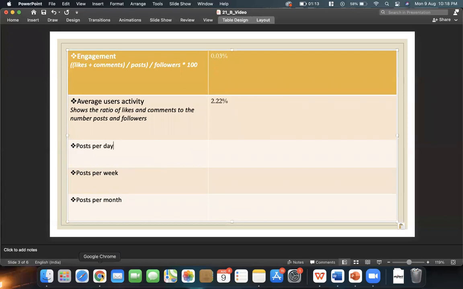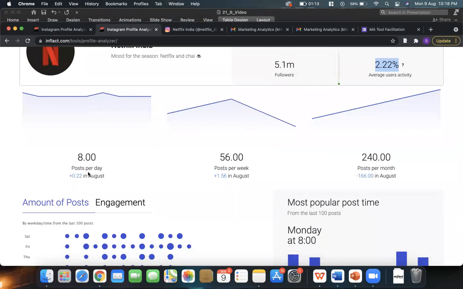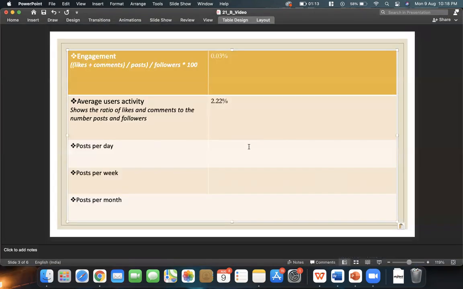Now, next we'll look at the posts per day for the month of August, from the 1st, 2nd, 3rd, 4th, 5th, 6th, 7th, 8th, and 9th. And the average is 8. So Netflix posts an average of 8 posts per day.